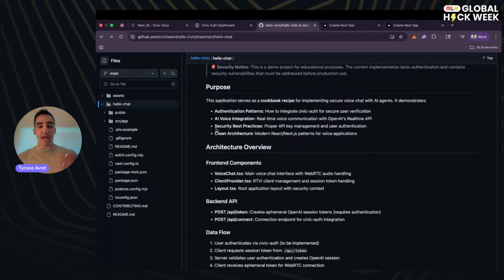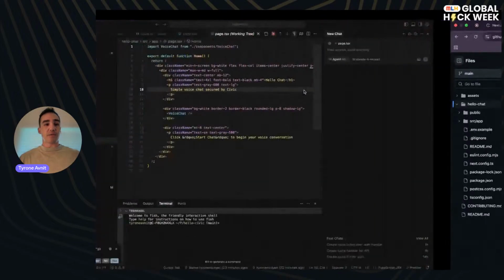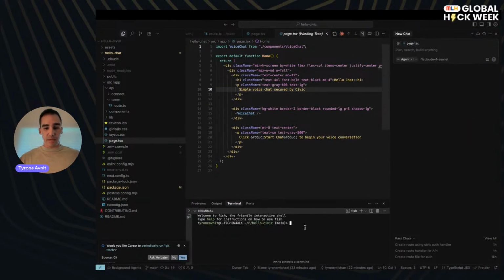So how the OpenAI API works currently right now is you can access it using your API key, but there's also a way to access it using an ephemeral session token, which means that you don't have to proxy everything through your backend. You can do everything on your front end, but just get a session token for a short duration of time, which means that then you don't have to expose your API key on the front end. You can still keep it on the back end, get an ephemeral token, and then use that on the front end in order to access. And what I'm going to show you is just how to do that, because I know that was quite a lot. So we're going to go into this,